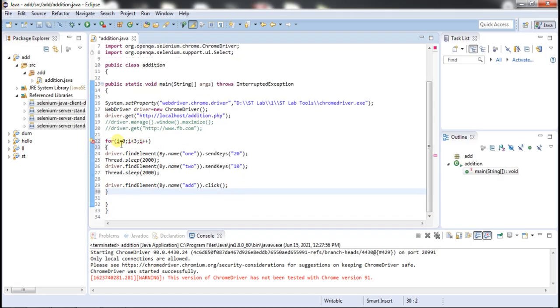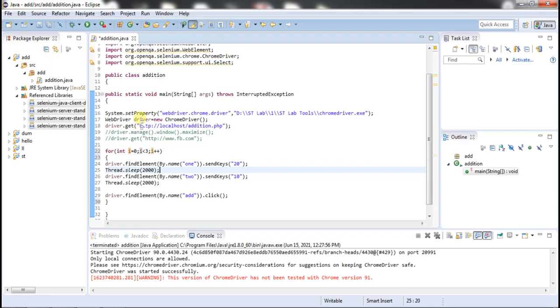The error is there, so let me declare int i equal to 0. After this, let me increment here: 20 plus i. Let us execute and see what the output will be.